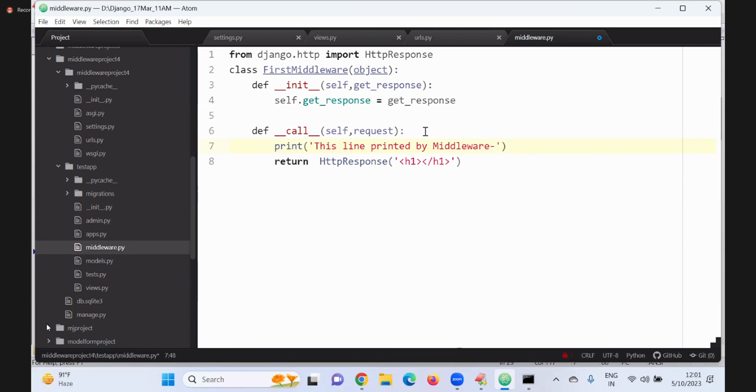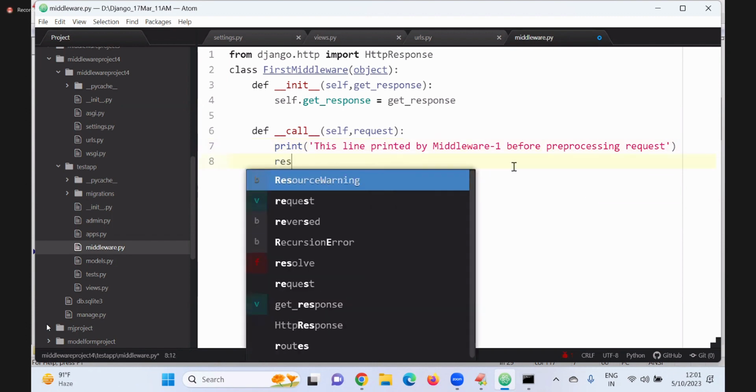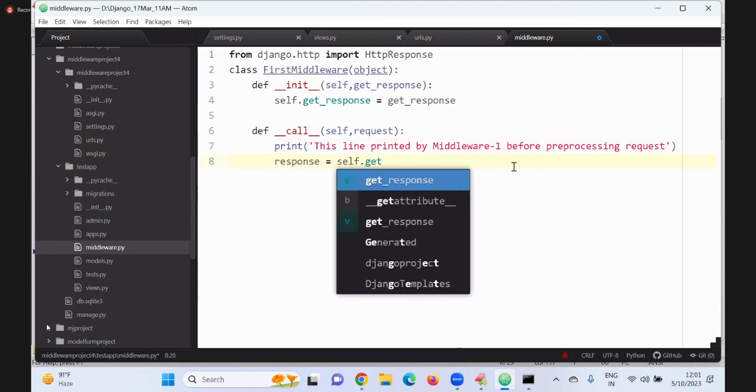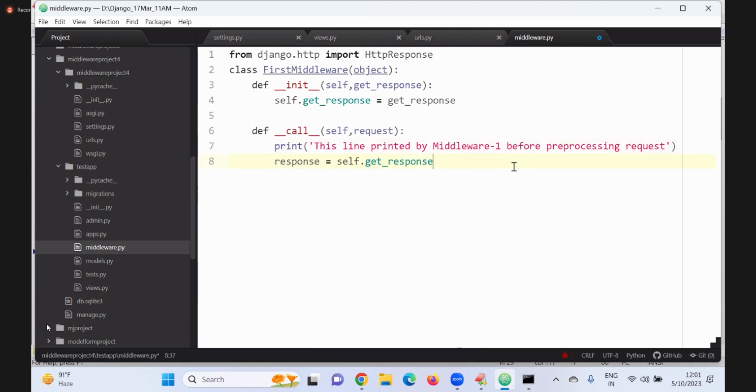Middleware 1, before pre-processing a request. I am not sending anything. Response equal to self.get_response with the request.